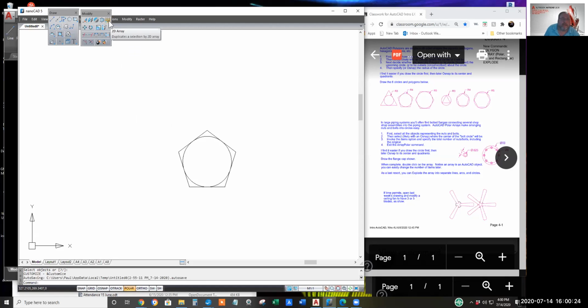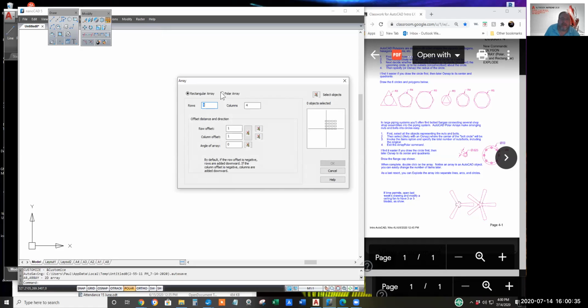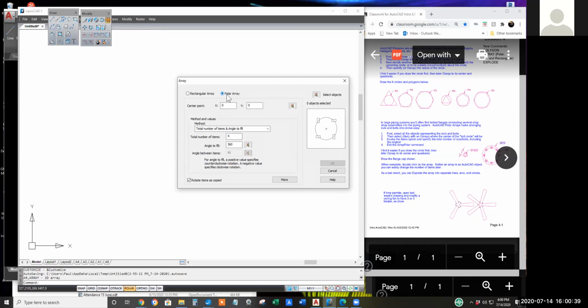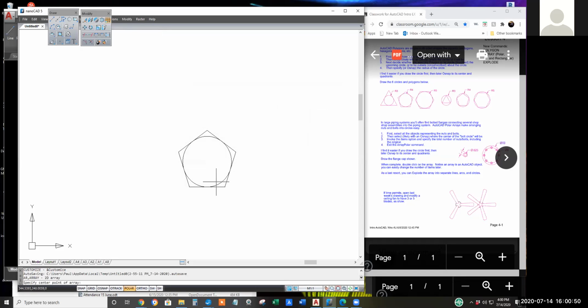I'll click the array command and immediately select polar. We don't know the absolute coordinate, so let's select this pick center point, and I'll just eyeball a point below.